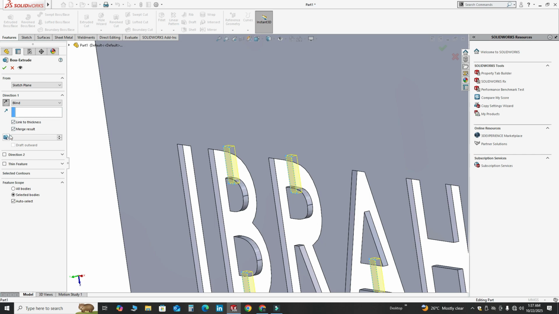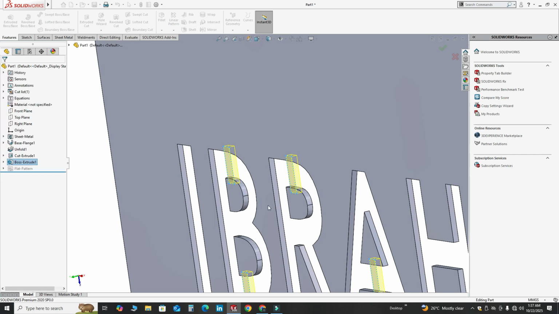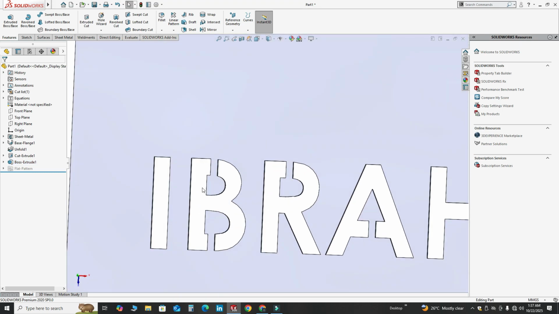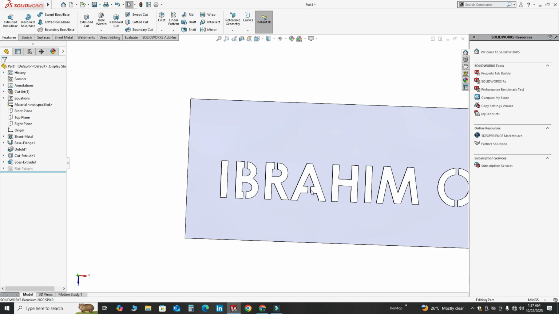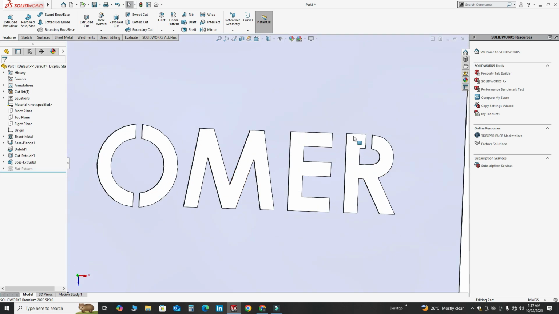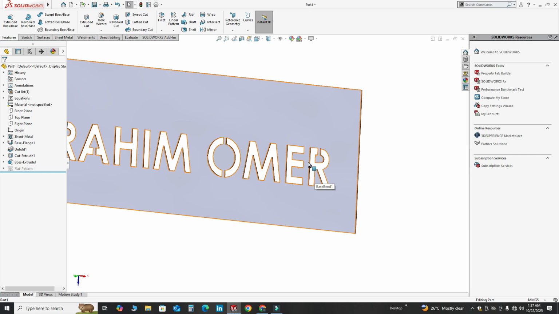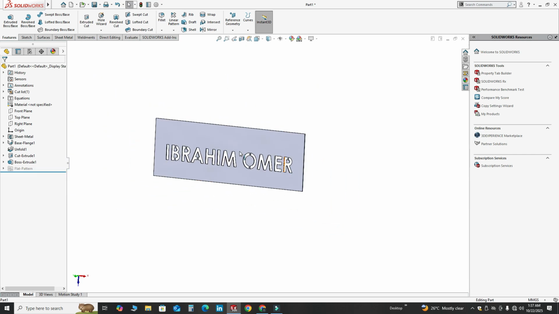And make sure to check this box, merge result, and I will select OK. Now you can see this B, this R, this A, O, and this R are connected to this main body. And now the letters will not fall out when you will be using a CNC machine or laser cutting machine.